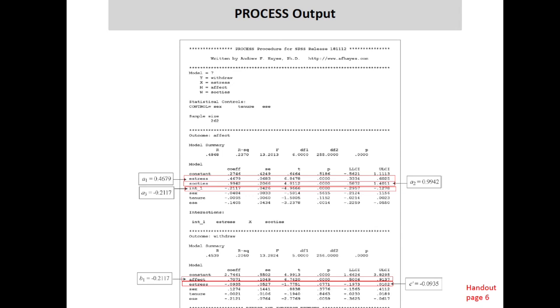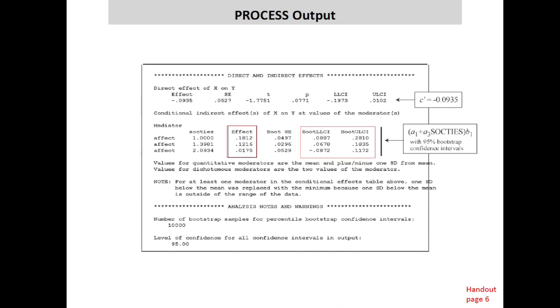And so there's our outcome of withdrawal. That doesn't have a product in it. It's not needed. There's B1. There's C prime. Then it gives us this summary. And again, it knows what this model looks like. It knows there's an unmoderated direct effect, so we just get that in the summary. There's that minus 0.094. And then it knows the conditional indirect effect is a function. So it's chosen arbitrarily values of the moderator and calculated the conditional indirect effect with those values of the moderator, and then generated bootstrap confidence intervals.